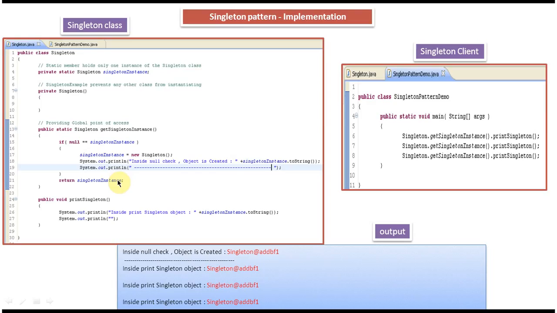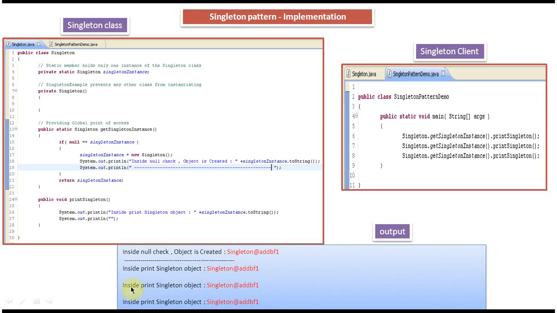This method returns that singleton instance, and we are trying to print it. So it just prints "inside print singleton object". It is printing the same singleton object, Singleton@addbf1, which is equal to the earlier one. Then for the further calls, it is not printing "inside null check".